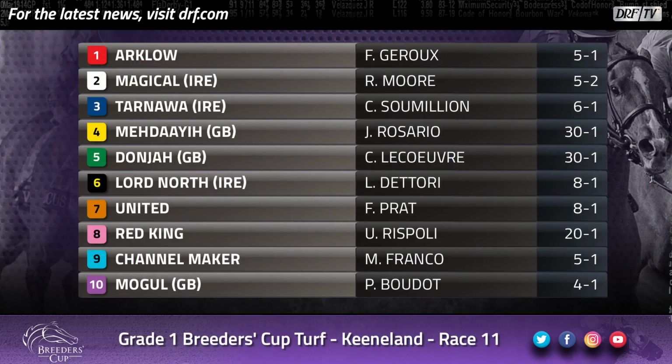The overseas participants: number 2, Magical. Number 3, Tarnawa. Number 4, Medaille. Number 5, Donja. Number 6, Lord North. Surely that's got to be about it. Oh, yeah, number 10, Mogul, trained as Magical is by Aidan O'Brien. So I guess